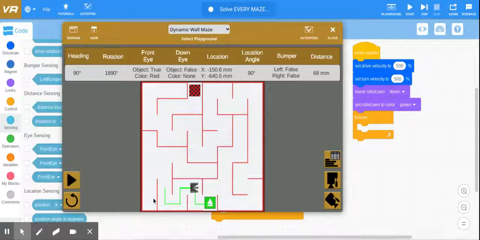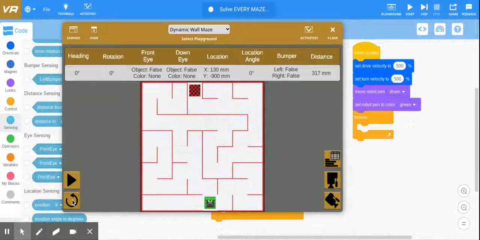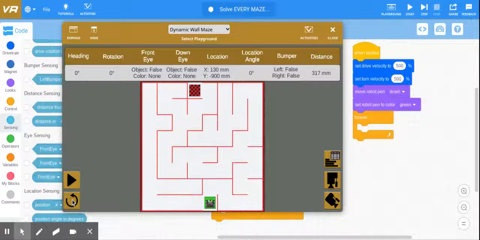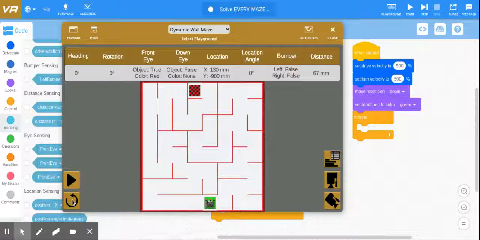Hi, everybody. We're taking another look at the maze challenge today. We're going to look at the dynamic wall maze playground, which actually will give you a bunch of different mazes when you reset it. You can see every one of these mazes is different. And so our goal is to program the robot to be able to make it through any of the maze